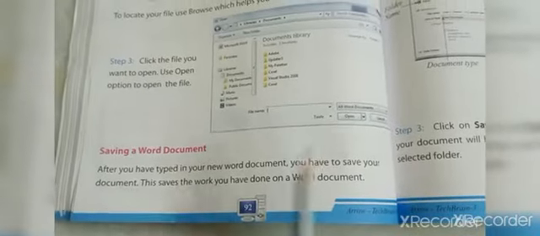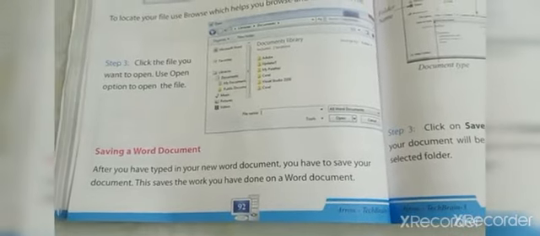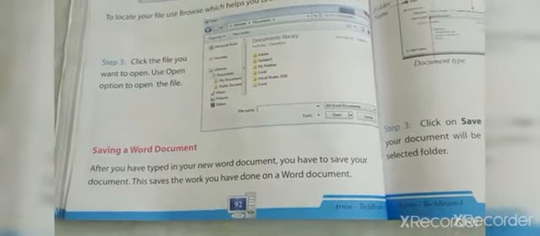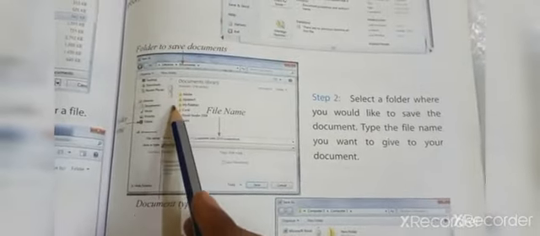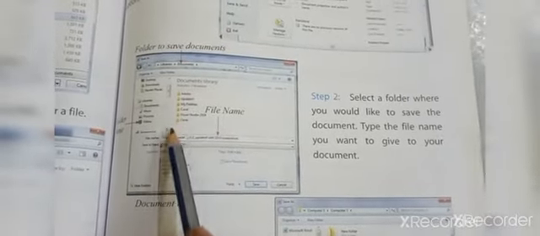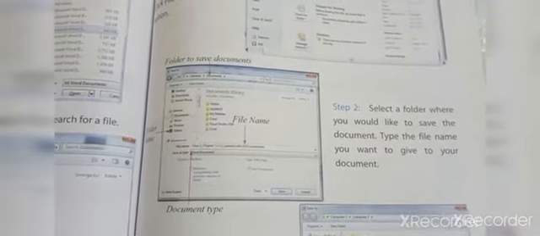And the next one is how to save a Word document. So after typing your new document, you have to save your document, right? So for that, you have to go to File tab and select the Save As option. After selecting Save As option, you will have a number of documents displayed on your screen. So in that, there are a number of document folders.